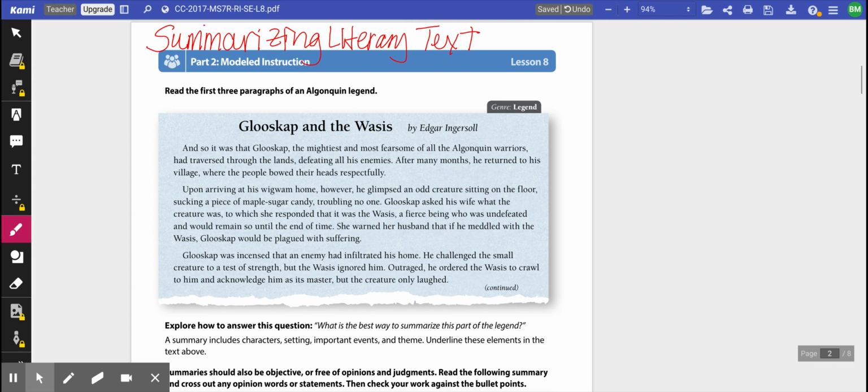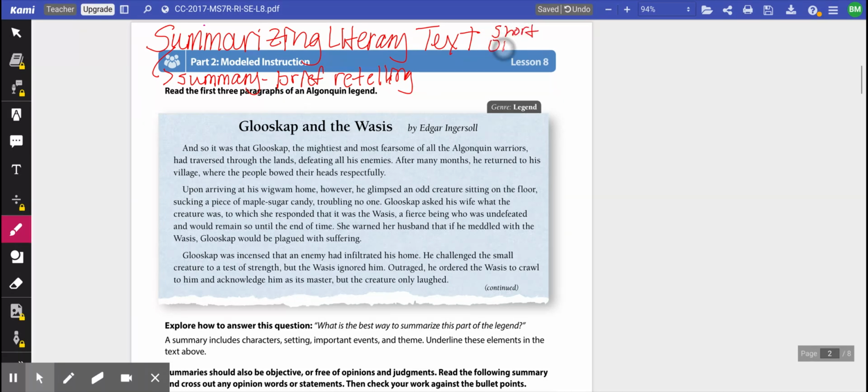text. Now, keep in mind that once again, when we summarize something, I'm going to write under here that a summary is a brief retelling. And I'm reminding y'all of this because sometimes we get a little wordy, myself included. One of the things we want to make sure we do is keep it what I like to call SOAP. We want to keep it clean. We want it to be short,